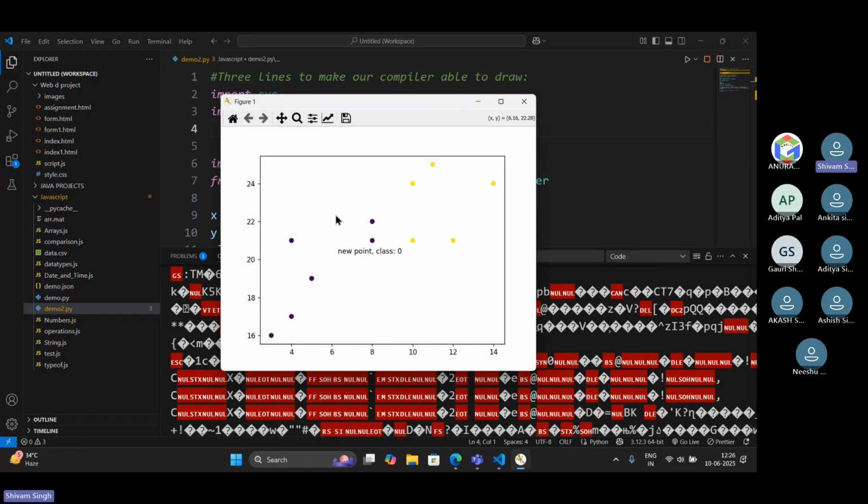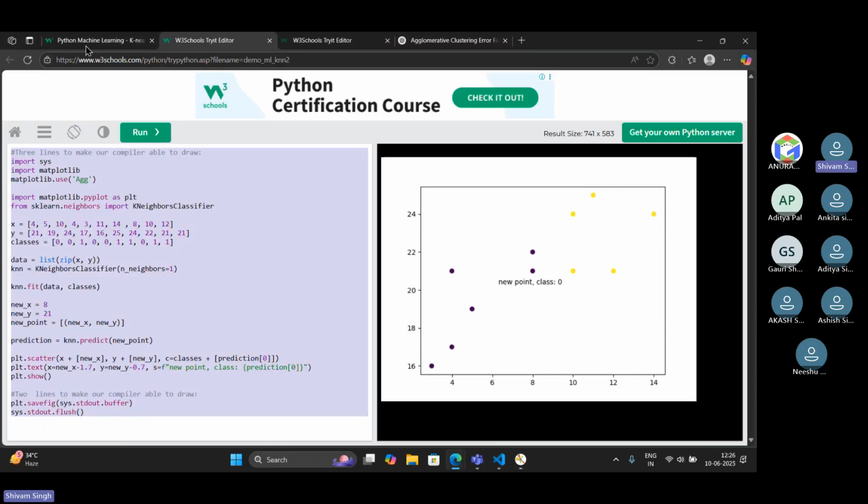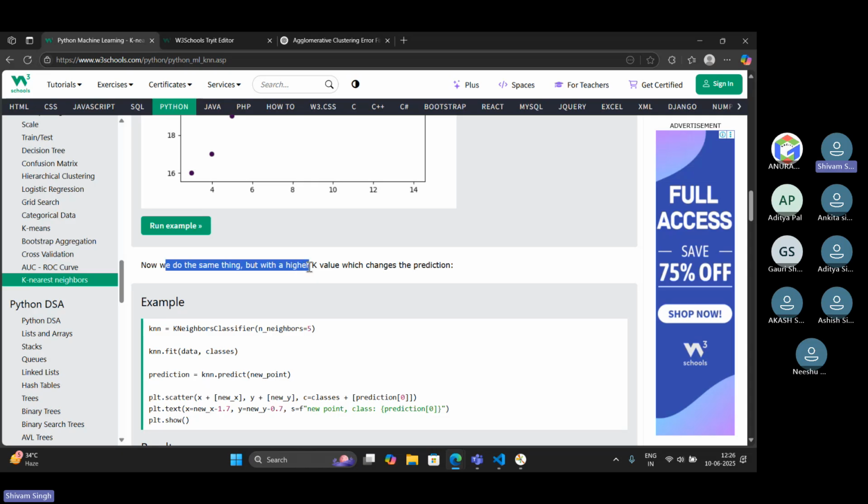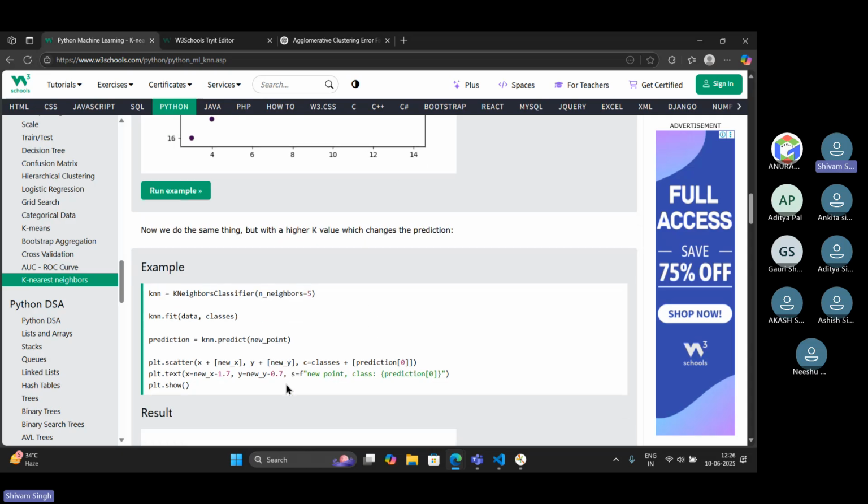So we get the output as new point, class 0, which is similar to this. Now we can do the same thing, but with a higher k value, which changes the prediction.